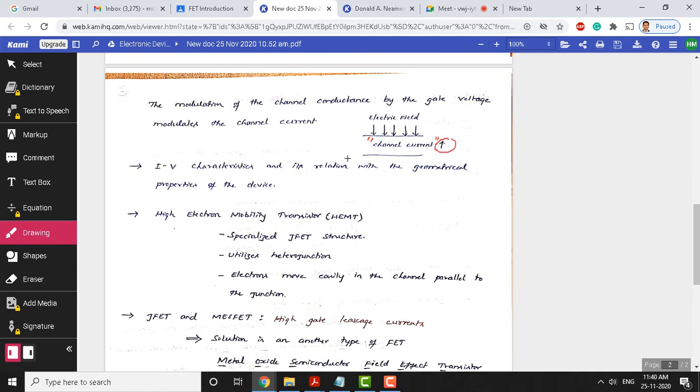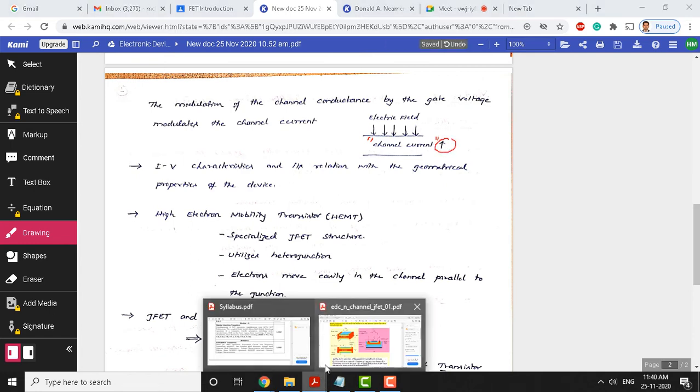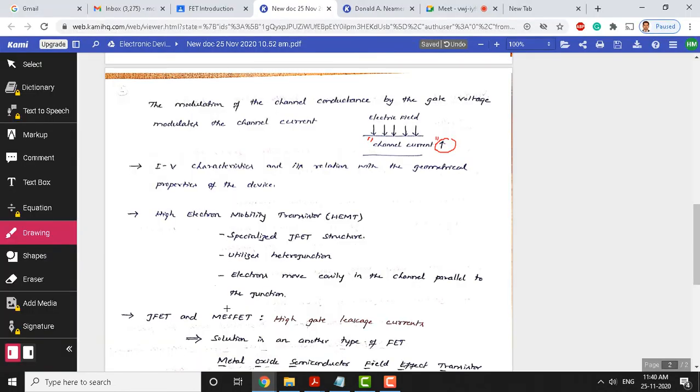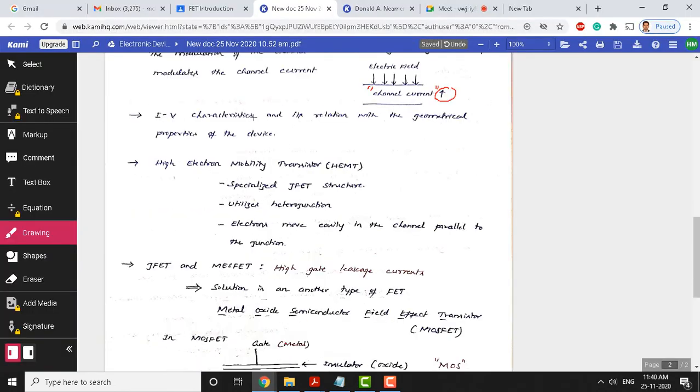The current which is flowing in this channel can be varied by varying the conductance, and the conductance itself is controlled by this gate source voltage or electric field. We will see the current voltage characteristics and its relation with the geometrical properties of the device. We have seen the geometrical structure of the JFET, and later on we will plot current versus voltage characteristics.